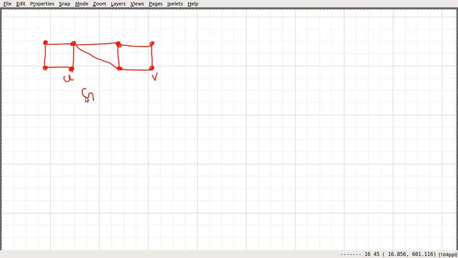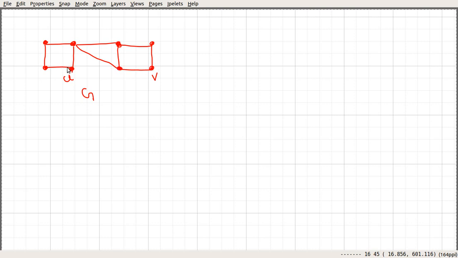So, let me start with an example. I consider this graph G and two vertices U and V. We can see that you can find many different walks or paths between U and V. One such path is from here to here, here to here, here to here, and here to here, and the length of that walk will be 1, 2, 3, 4. Another possible walk could be from here to here, here to here, and here to here. Okay, and the length of that walk is 1, 2, 3.